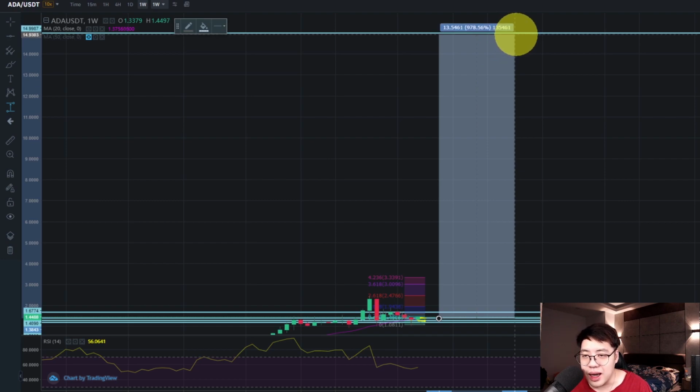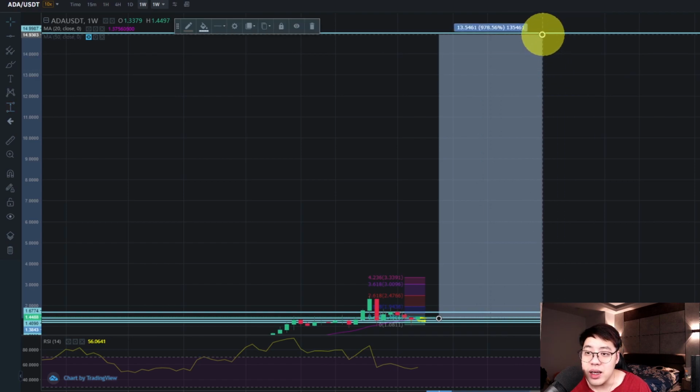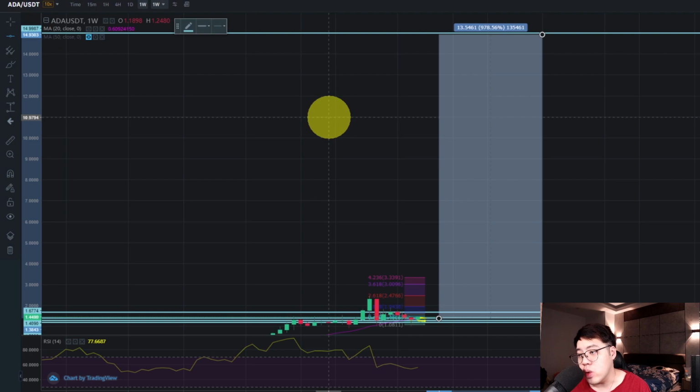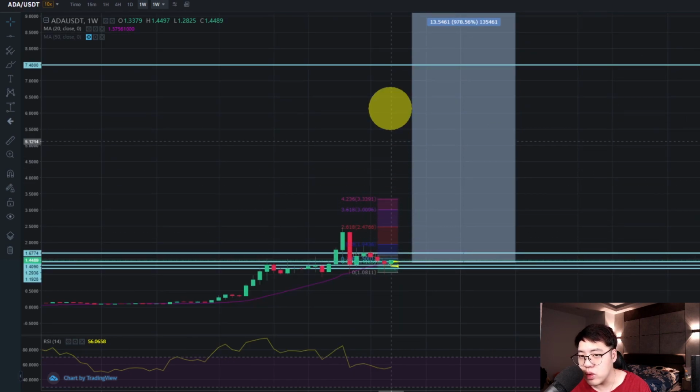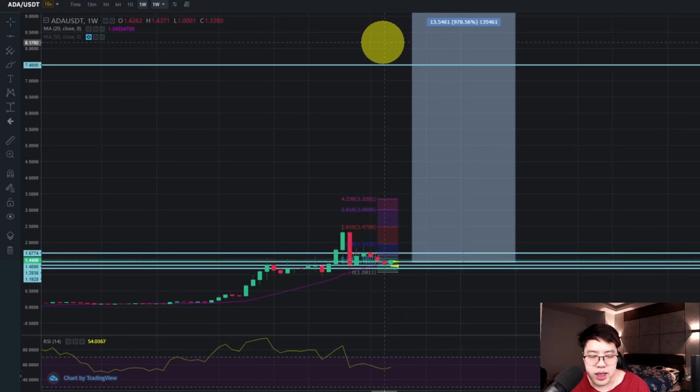Of course, it takes time, but let's say we don't want to be so ambitious. We don't want to talk about 500 billion. Let's say we talk about a minimum of 250 billion. 250 billion, $15 divided by 2, it could go around $7.50, which is very likely possible to reach. I'm not going to say whether it's going to be 1 year or 2 years or maybe a month,